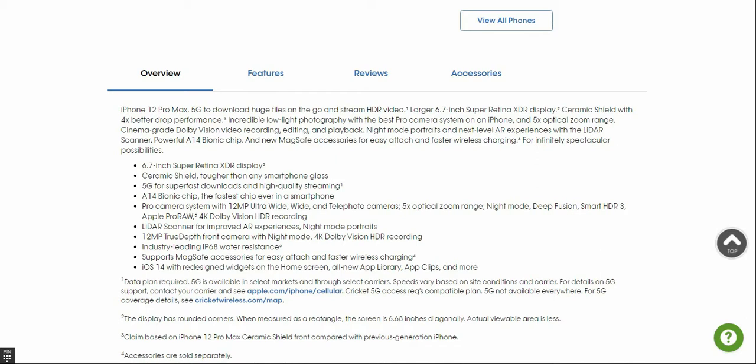So the iPhone 12 Pro Max has a big screen, 6.7 inches Super Retina XDR display, Ceramic Shield tougher than any smartphone glass, 5G for super fast downloads and high quality streaming, and the A14 Bionic chip, the fastest chip ever in a smartphone. Apple says that every year. They say every year that their chip is the fastest in a smartphone. Pro camera system with 12 megapixel ultra wide and telephoto cameras, 5 times optical zoom range, Deep Fusion,